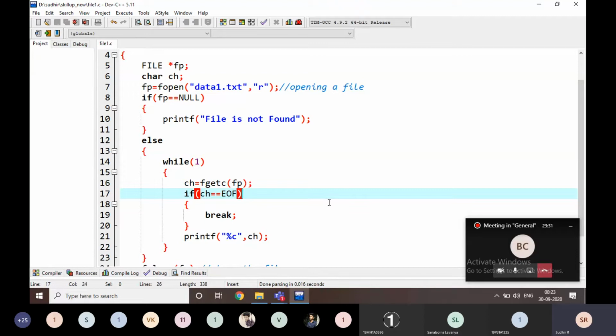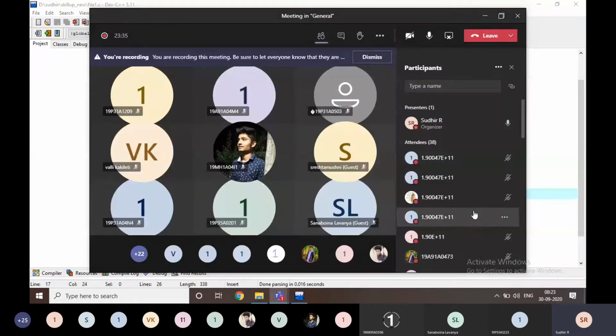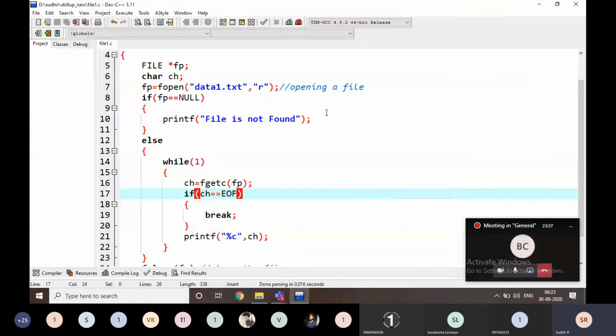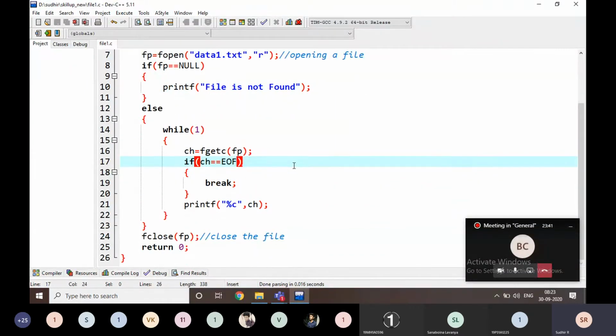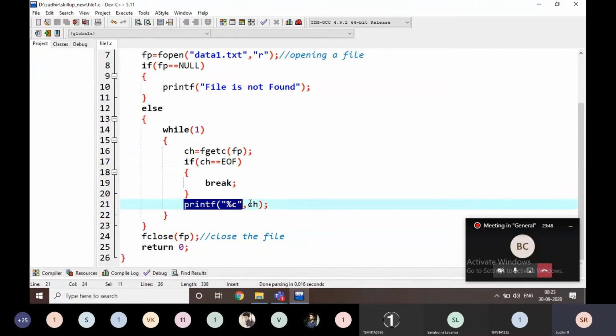But now I'm not maintaining the data in a variable here. I'm reading every character and storing every character.